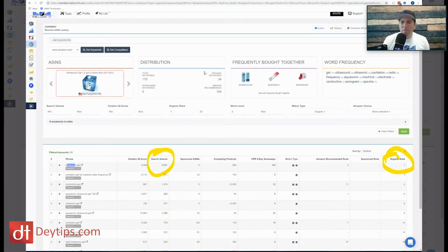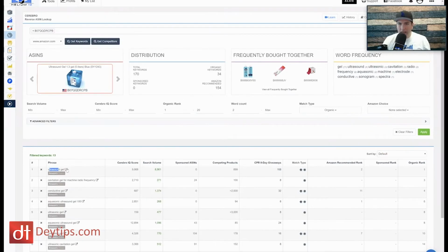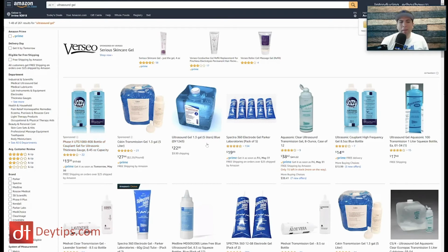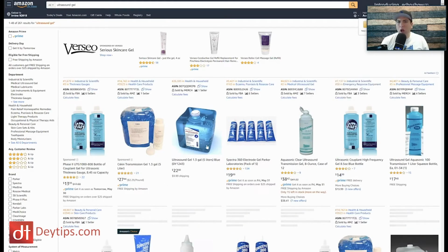And we saw that. So that is why we know that the only way that it has such high search volume and can stay at the top of page 1 is if it's getting sales for that keyword, because Amazon wants to show products to customers that give them the best chance at making sales. Okay, so right off the bat, I know that is where they are getting a lot of their sales from. So then the next step is I would actually go search for this keyword. All right, ultrasound gel, and then I want to see what other products are out there, because just because that's page 1, position 1, that might not mean that there's opportunity